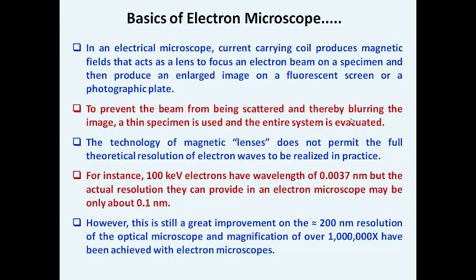Whereas if you go for an optical microscope, we can get a resolution of only around 200 nanometers. The magnification of an electron microscope can be achieved in the range of 10 lakh times, compared with a maximum of 5000 times of magnification using an optical microscope. That's why electron microscopes started being used all over the world in experimental work, because of achieving a good quality, high resolution, highly enlarged view of the object compared with the optical microscope.